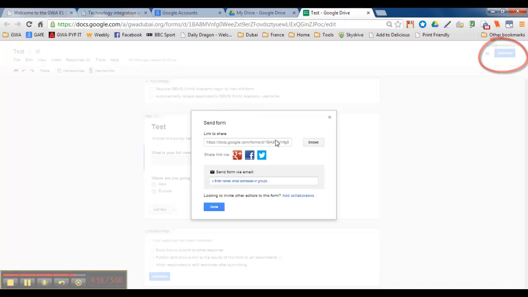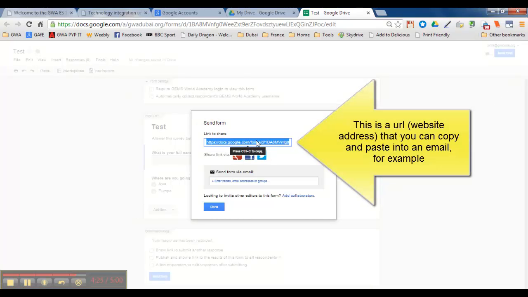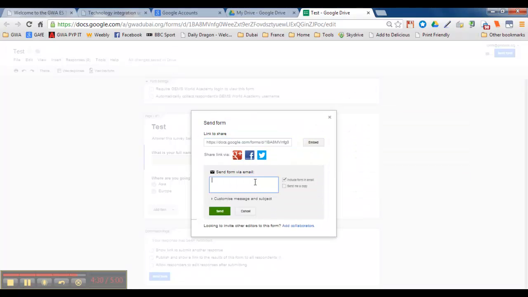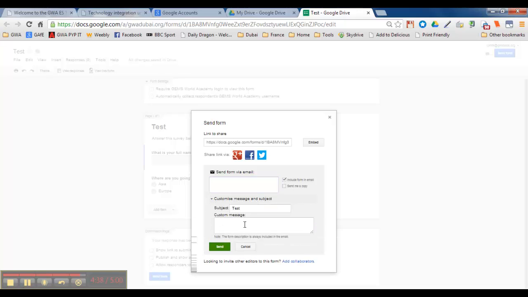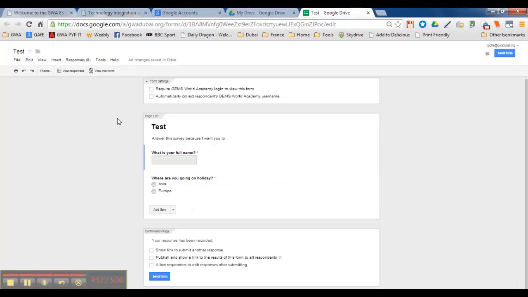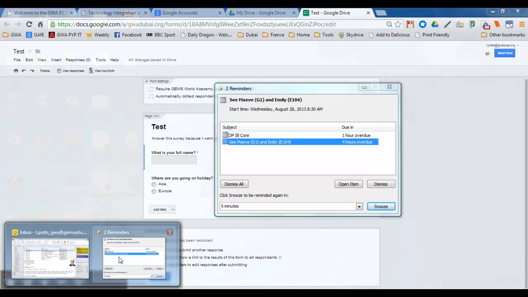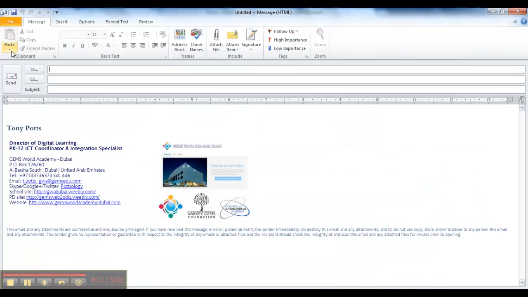So I can click on send form. I can share this with any of my friends, family, parents, teachers, students, whoever I want. I can copy this link and put it in my own email, or I can send the form via email and type in the email addresses in here, separating them by a comma. I can also customize the message if I want to. I find it easiest to copy this link, so Control C to copy, and then cancel this, done, and then I'll set up an email, and I'll be able to then send the email and paste